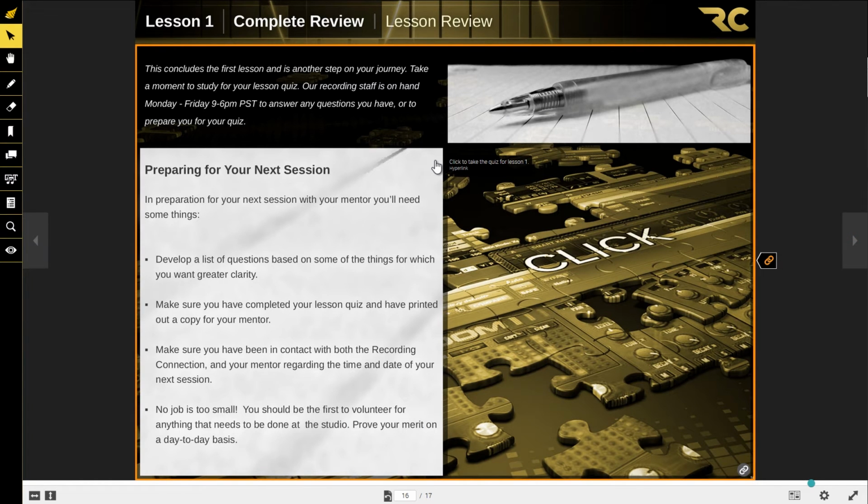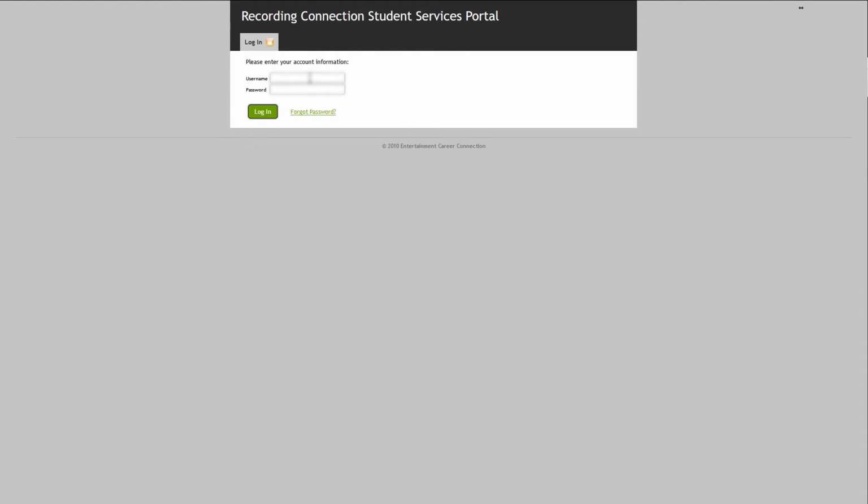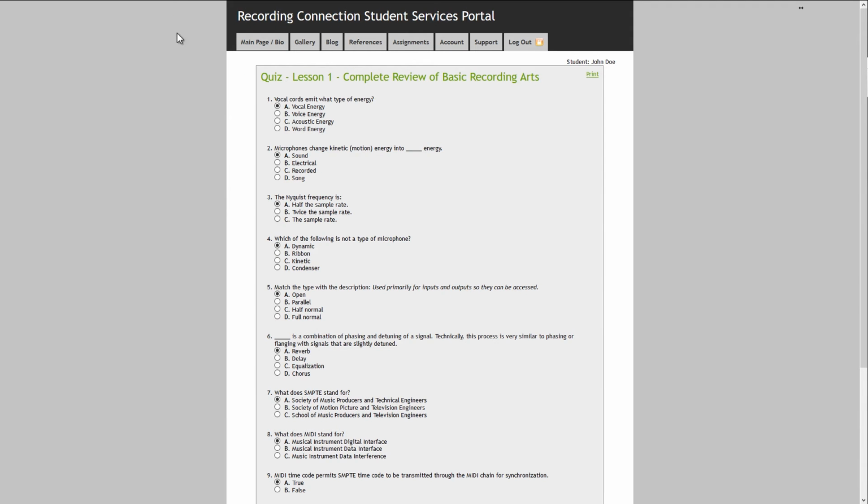Okay, the last thing that we're going to cover would be your testing and your blog entry. So the way that this works is, it's just like any other hotspot. You can click it, and then you're asked to log in to your student portal. You're given that student portal login information right around the time you did your enrollment. So if you don't have that information, obviously you want to make sure you get that from your student services representative. But you go ahead and enter your student services login information, and then once you log in, you're able to go to